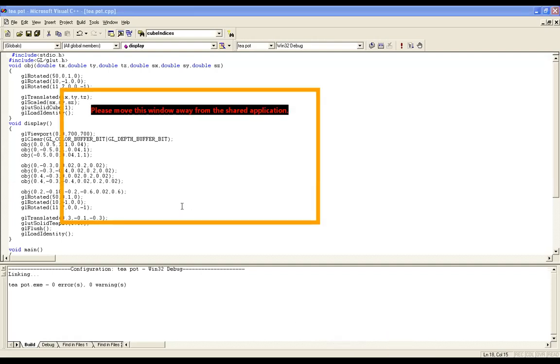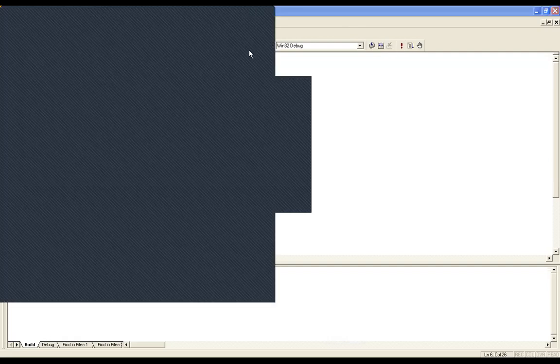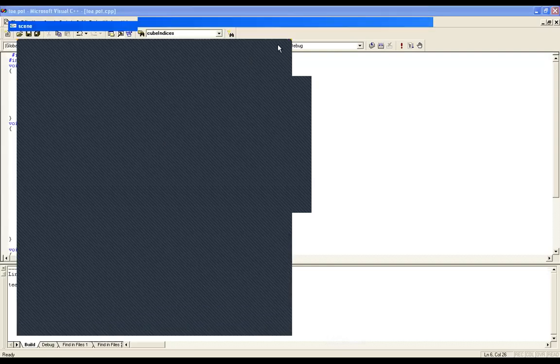If your values are not correct, what will be the problem? See guys, if your values are not correct, you cannot join these 2 walls with this wall, or your leg will come somewhere which is not proper, or your leg will go onto the top.